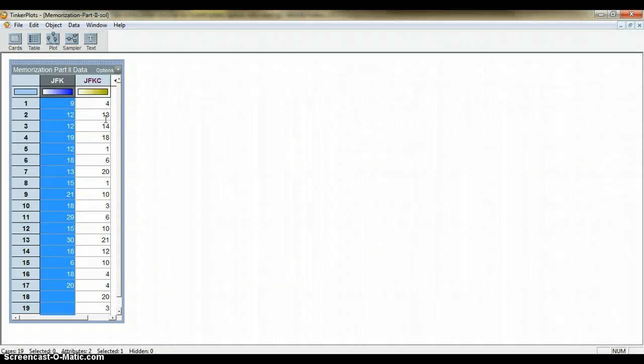Everyone, this is a TinkerPlots demonstration of the Memorization Part 2 activity, which demonstrates how to compute a confidence interval for a difference in two means. So the first thing I'm going to do is plot the observed data because I want to calculate my observed difference in means. This is done for you already in your book on page 325, but I'm going to do it here also. So first we're going to plot the JFK data